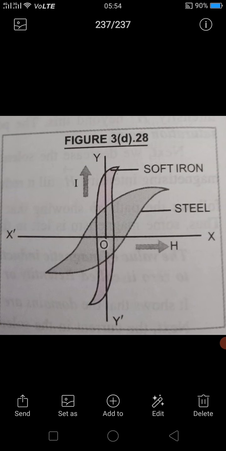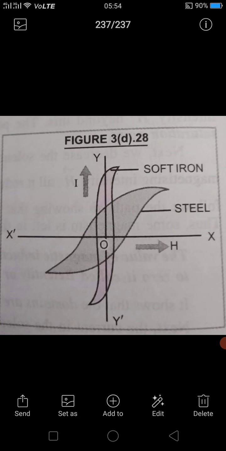And you are observing the part OC is high in the case of steel, meaning the value of H from O to C in the opposite direction. So the value of coercivity is also high in this case, so that magnetization is not destroyed by stray magnetic field, temperature variation or minor mechanical damage.